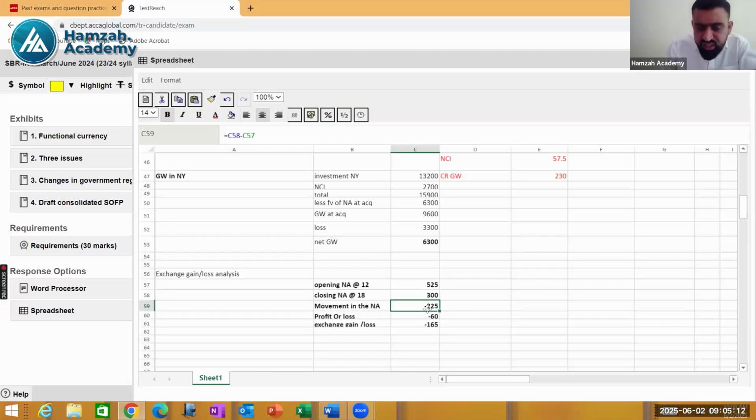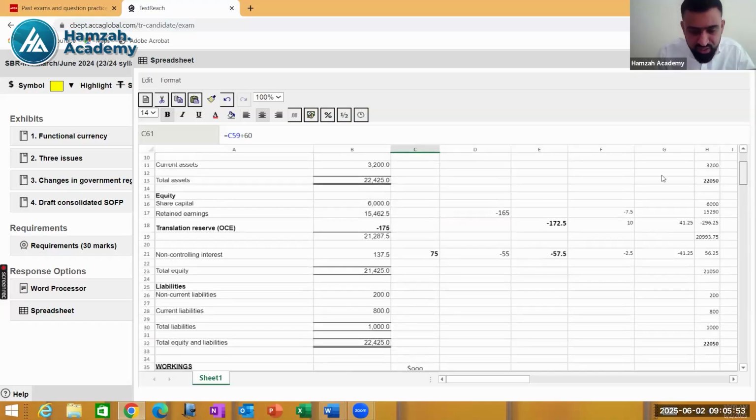Now, in these net assets, this total loss also includes the loss for the year, translated using the average rate. Now, if I exclude that loss, which is 900,000, translated at the average rate, if that net loss, which is due to the profit, is excluded, the remaining loss is 165. And this remaining loss of 165 is the exchange loss, which should be reported in a translation reserve. But they have reported